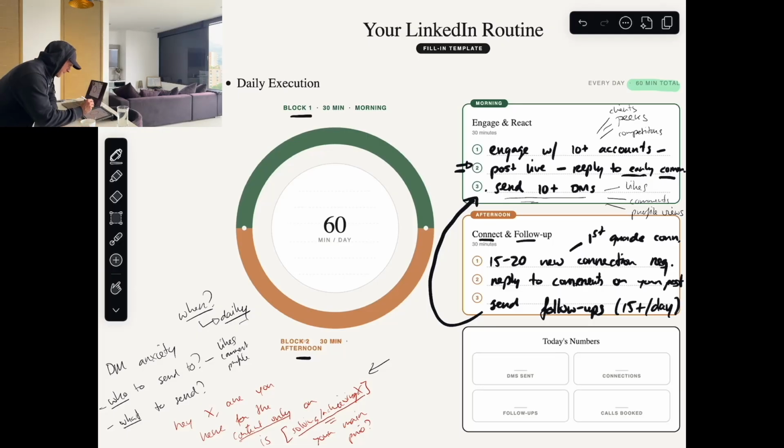And then here, guys, let me create some, we're not going to write in white, otherwise you can't see. And then here, this is something, of course, you can track on your own. How many DMs did you send? How many new connection requests did you send? How many follow-ups did you send? And how many calls did you book? Like, inputs